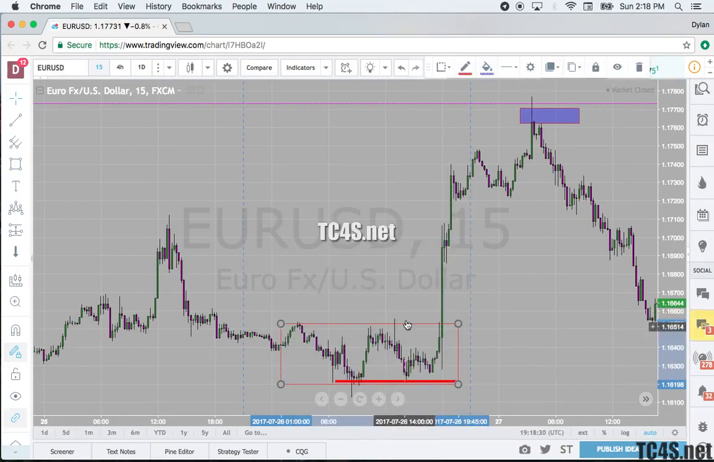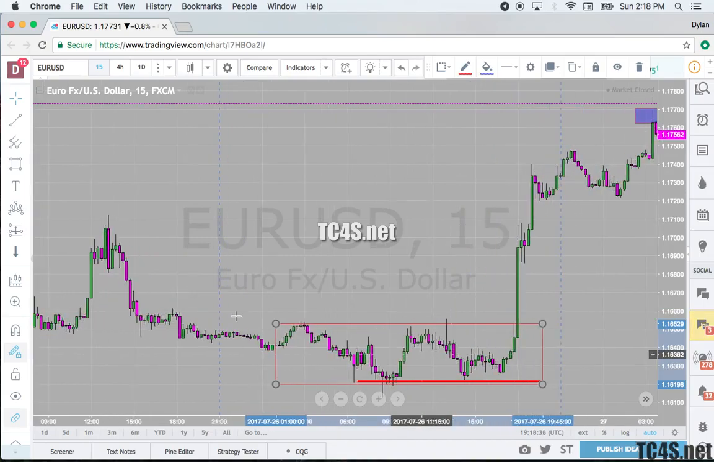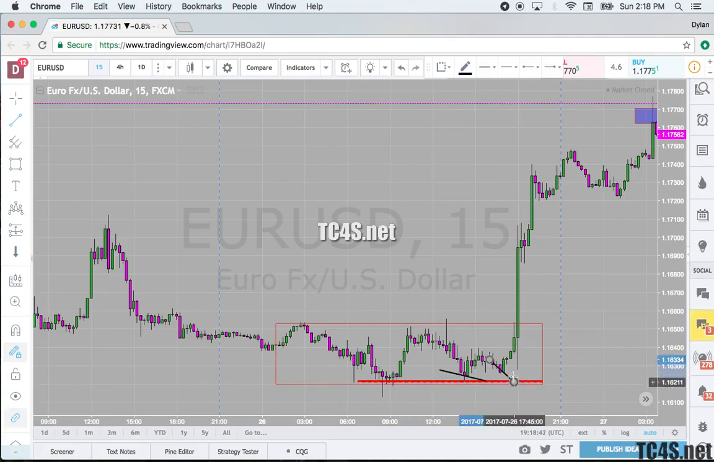This is it. Once we see that second leg of the W formation, which could have been, you could have bought here, or they gave you a second option here, or even at this wick here. Once price breaks out of this consolidation range,